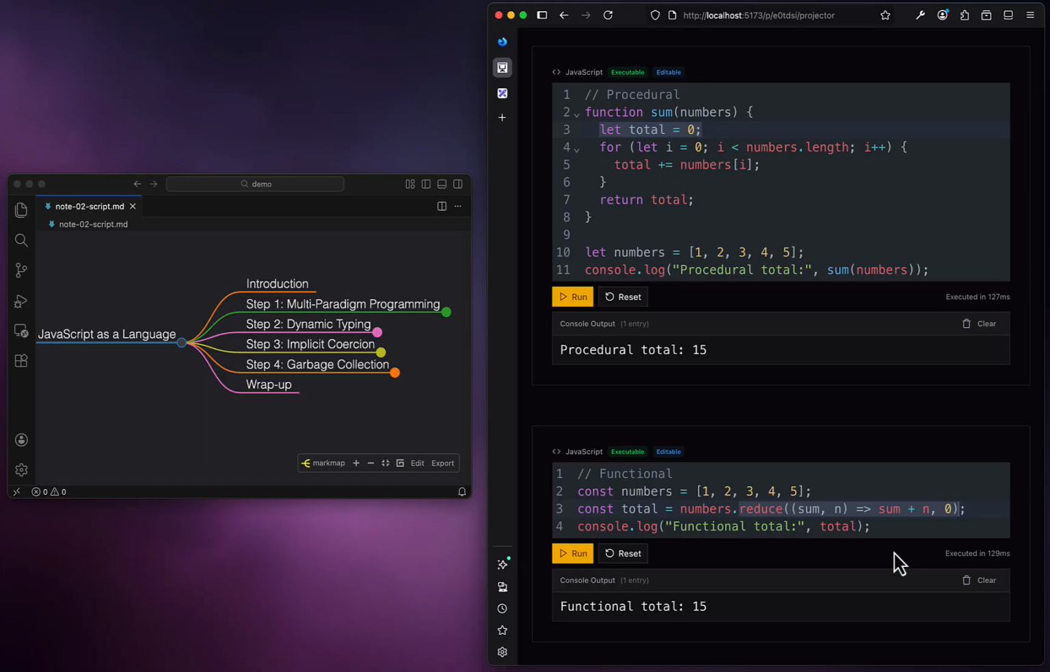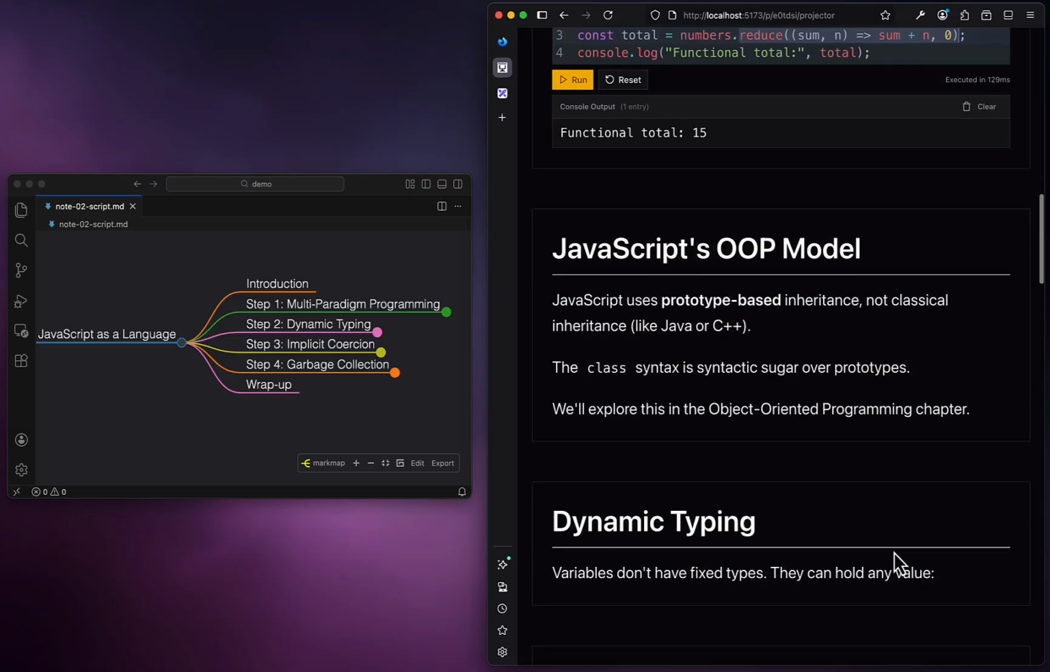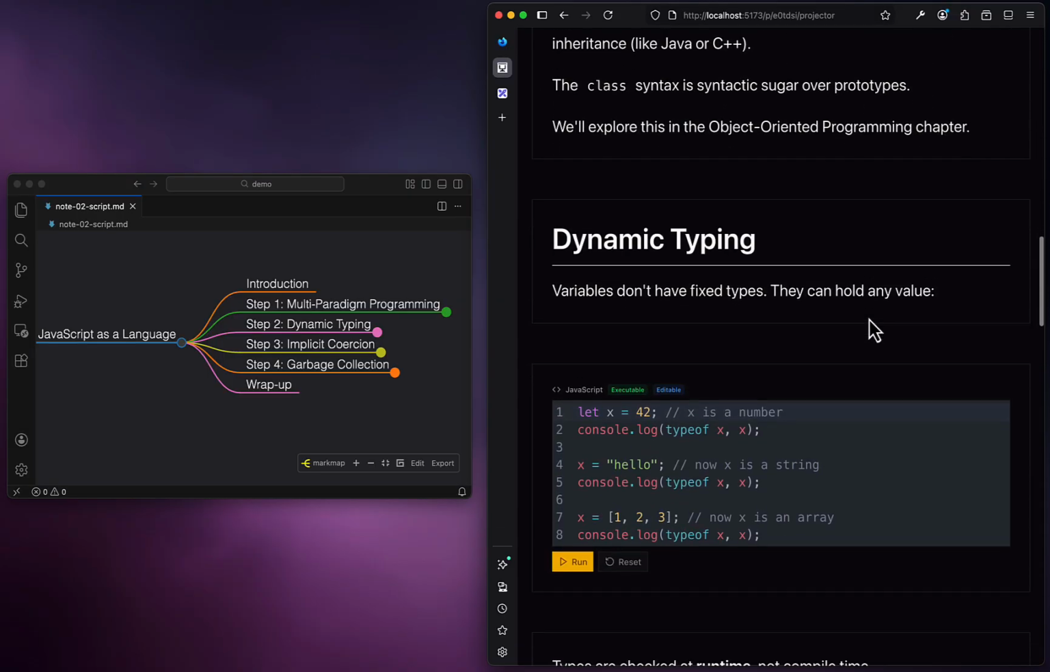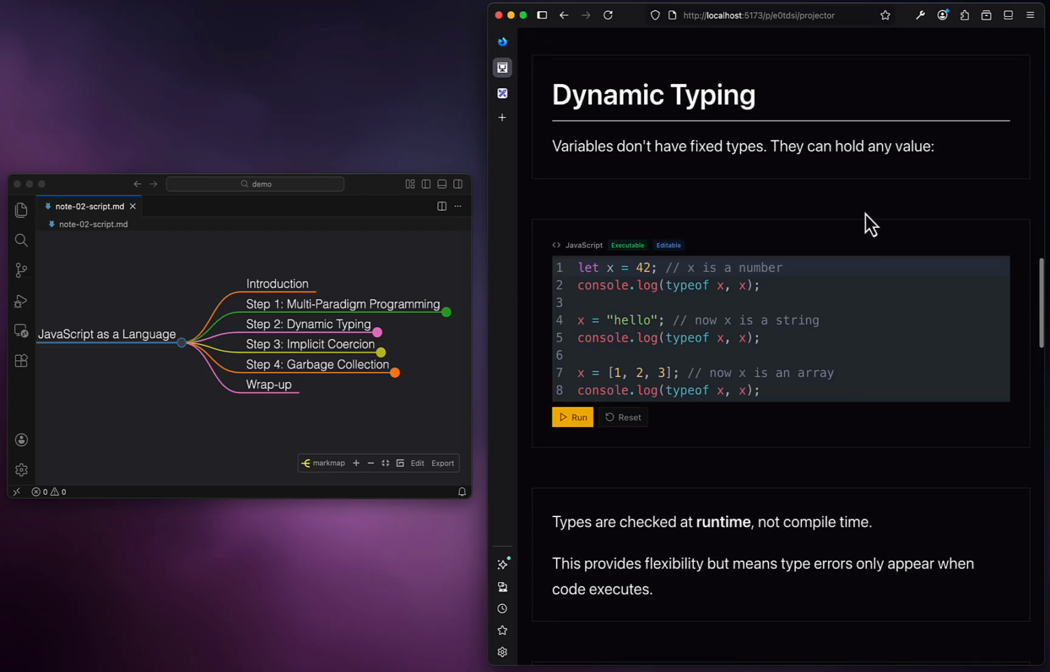And that creates opportunity for a lot of interesting ways of writing your code, and especially if you want to write your code in a functional style. Okay, I already talked about the prototype-based JavaScript OOP model, but let's talk about something else which is interesting